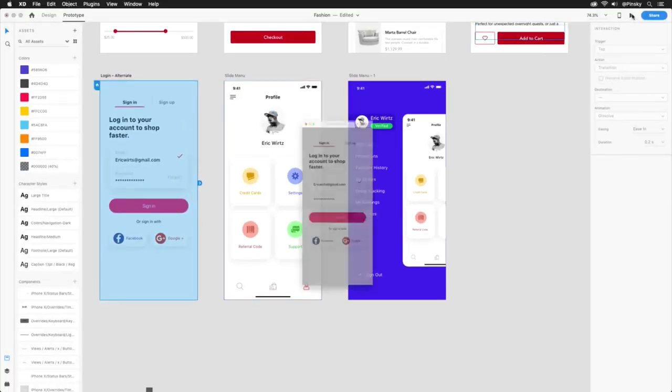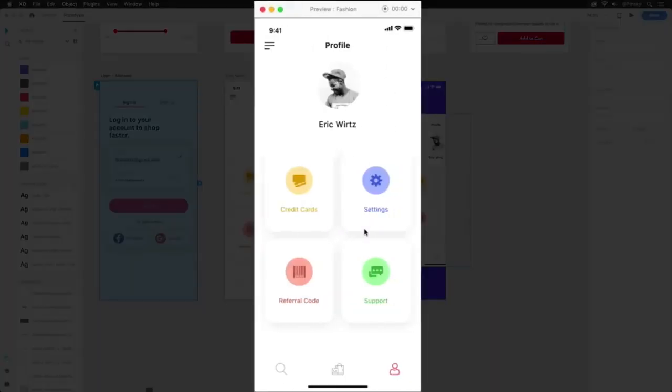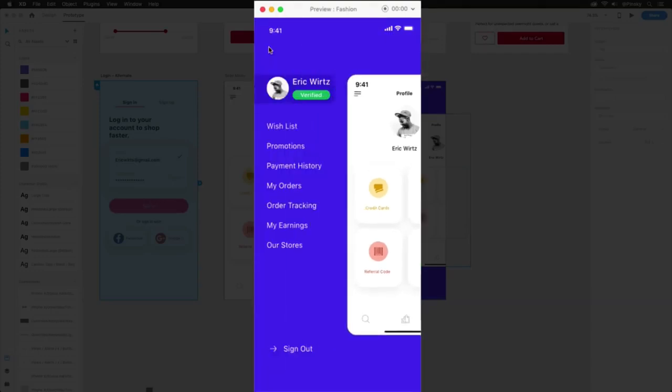The play button at the top will launch the prototype, where I can now interact with it to get a better feel of how it'll function once developed. And with very little effort, we've also been able to introduce animation into our flow. And that's a quick look at how you can import your Sketch files into Adobe XD and just a glimpse of where you can take them from there.